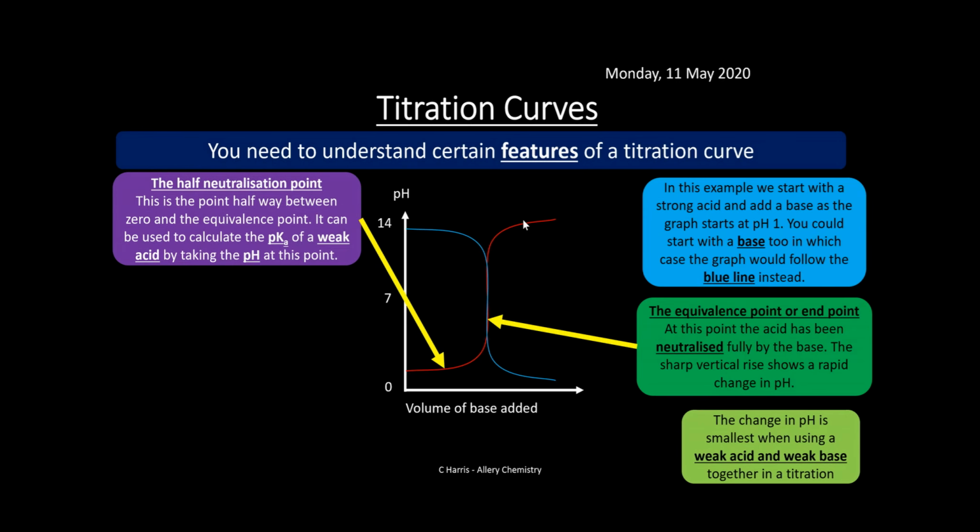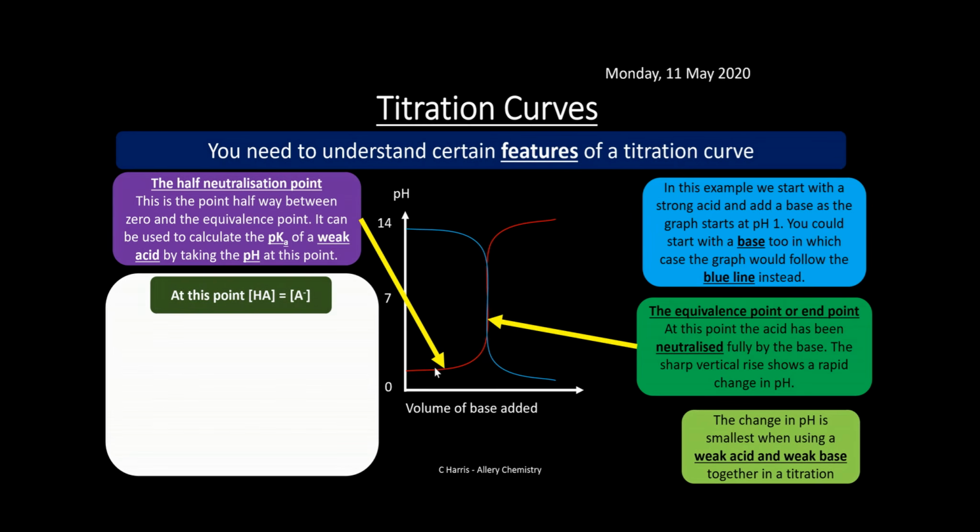So this is an interesting one. At this point here, halfway along the flat part at the start of your titration curve, is called the half neutralization point. And this is the point halfway between 0 and the equivalence point. And it can be used to calculate pK. So remember we looked at pK before. It can be used to calculate the pK of a weak acid by taking the pH at this point. So that's really interesting. Once we've done the full titration, we can say, right, where's halfway along that line, and work out what is the actual